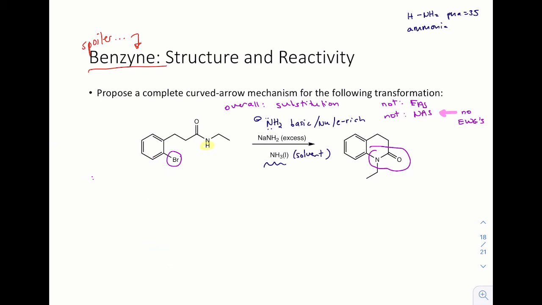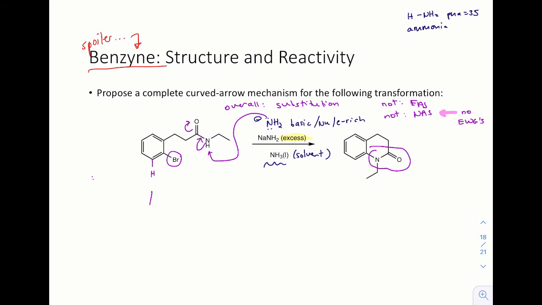Before benzyne is generated, however, notice it says excess sodium amide. It's because this proton on the amide is acidic, and certainly more acidic than the hydrogen that we suspect will be eliminated to form benzyne. So the very first thing that happens is amide will deprotonate the amide. The electrons in that bond, the NH bond that is not shown, we'll just push them here. Okay, we're going to make an enolate-like species,